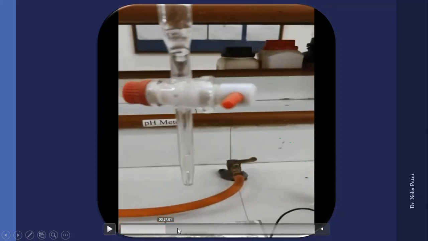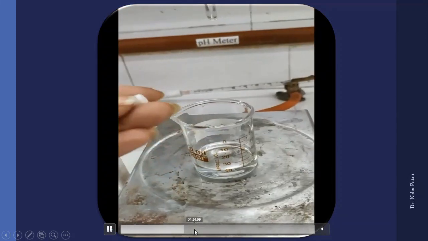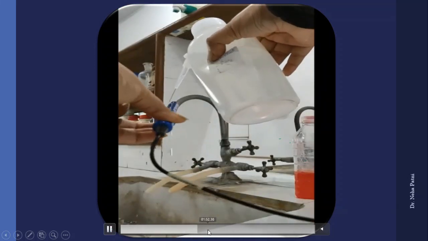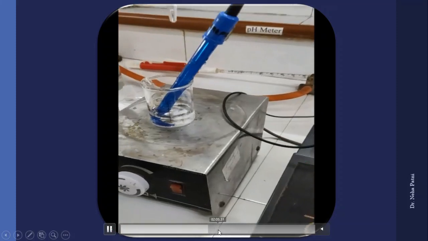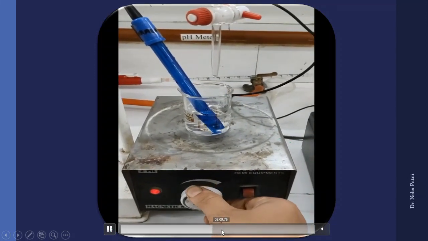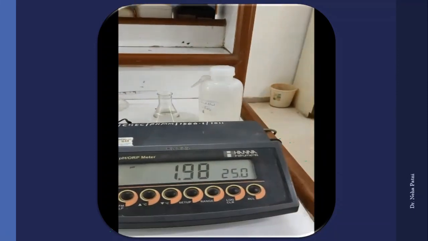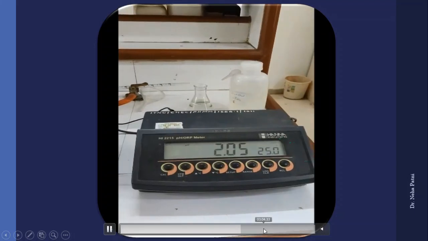So now what you're going to do, you're going to fill the burette with NaOH. Take 10 ml of HCl in the beaker, add a magnetic bead to it, start stirring. Use distilled water for washing that electrode. Dip that electrode in it, set the RPM, set the speed of rotation. Then keep on adding NaOH from the top and see the change in the pH. So keep on adding 1 ml NaOH and see the change in pH. So I think with that you're able to understand what we have done.